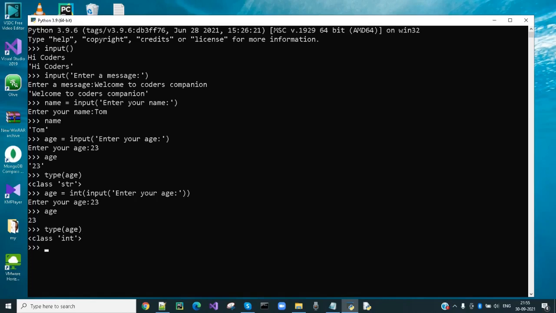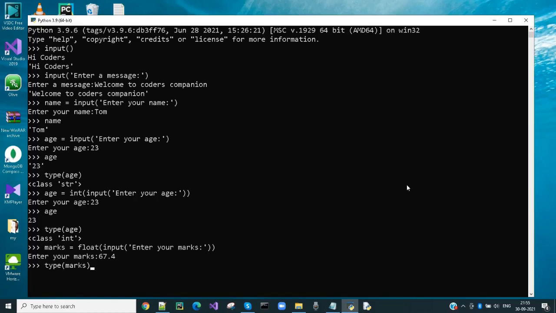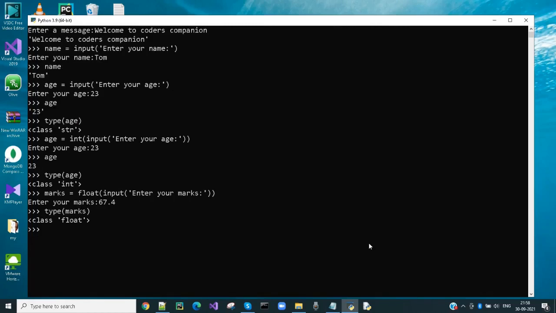Similarly, let's convert a value to a floating point number. Now you can see the type of marks is float. We have to make sure that the value which we are entering is type compatible. Otherwise it will throw error.